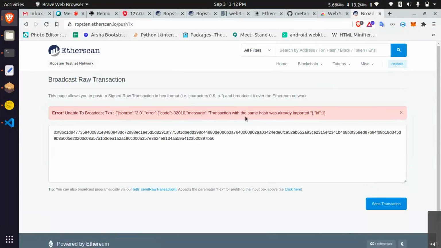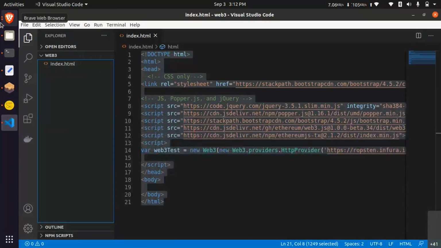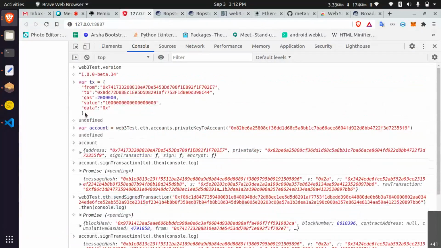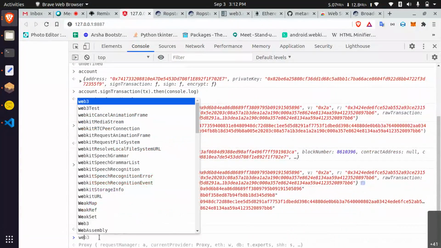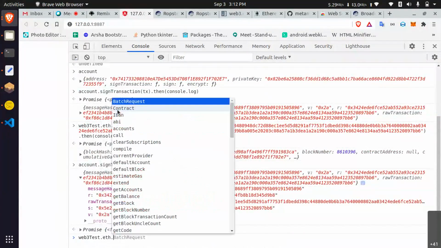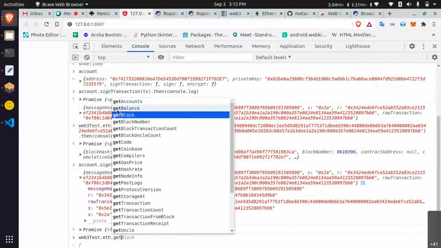Transaction with the same hash already imported. So we need to add nonce. Just add one more variable, nonce. Wait. How to get nonce in Web3? web3.eth.getTransactionCount.